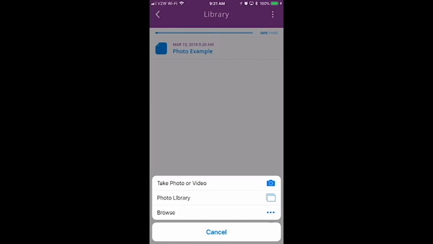I actually think that you'll probably utilize the take photo or video more often, because if you think about it, maybe you're trying to get the doctor to see your mom has maybe a sore on her leg, and it really looks yucky, and you want to make sure that they see what it looked like before you left. Or when you're at the doctor, when you get that visit summary, and everyone in your family wants to know about it, and they all keep calling and asking you, well, you could actually